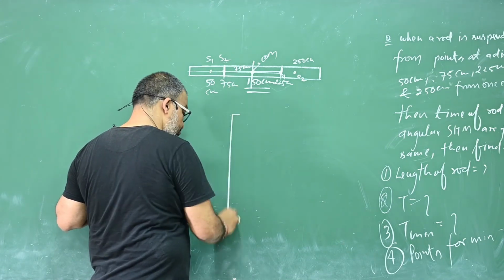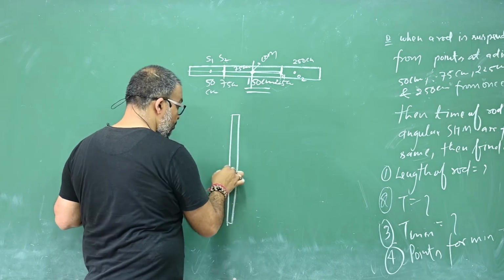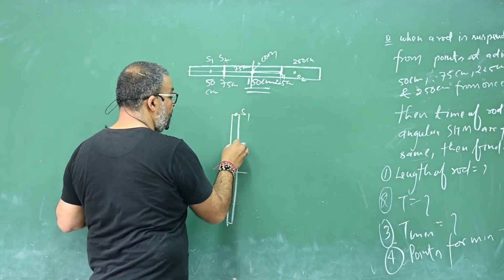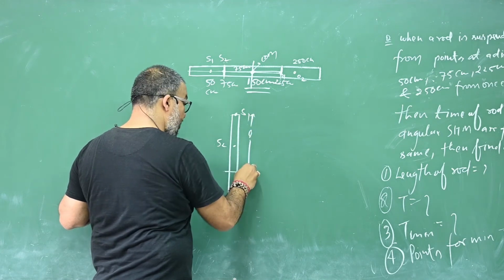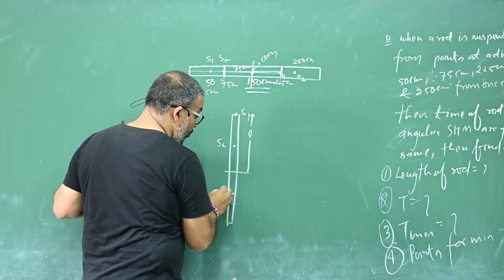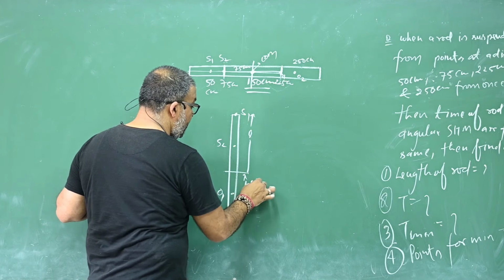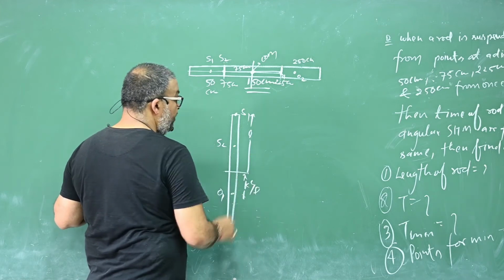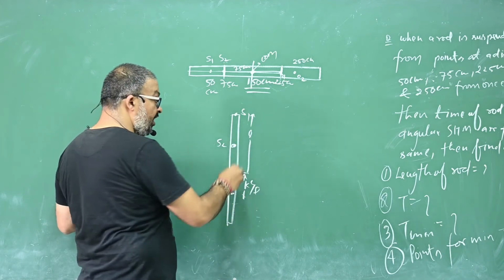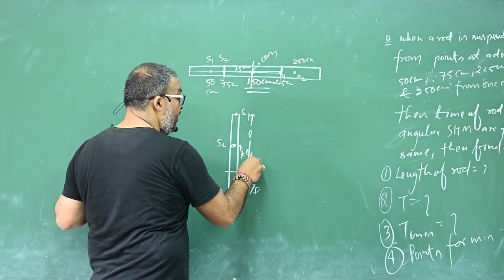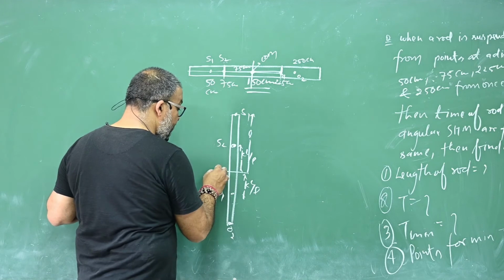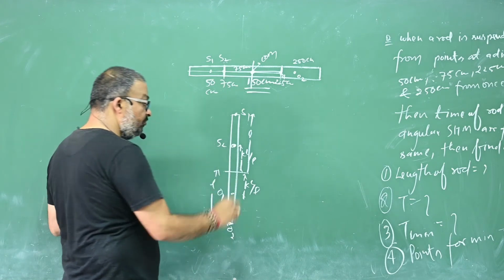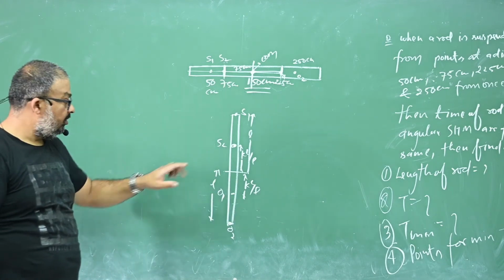This is a rod. This is S1, this is S2. S1 is at a distance L. So there will be O1 at a distance K square by L. When it is suspended from S2 at a distance K square by L, then there will be another point of oscillation O2 at the same distance L. Remember or not? Got it?